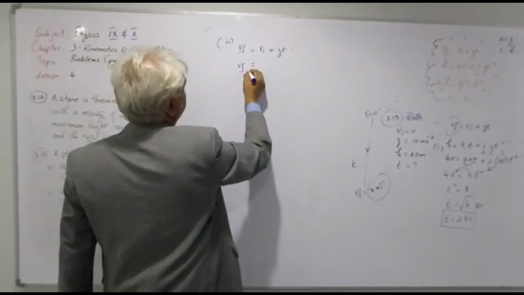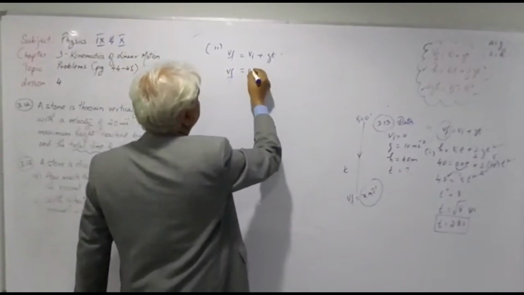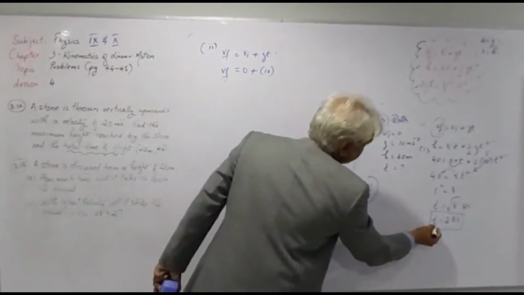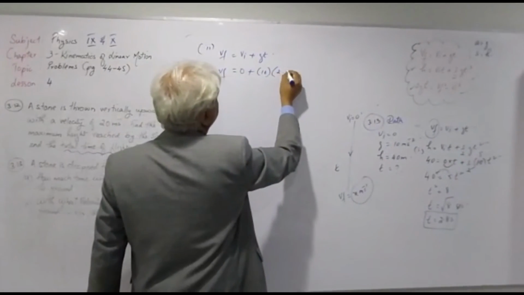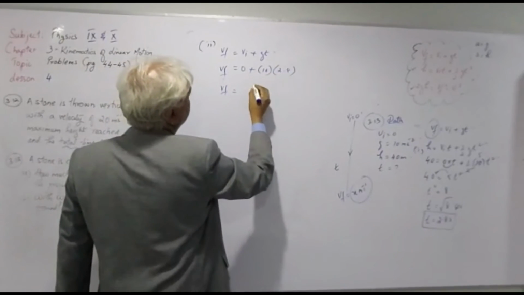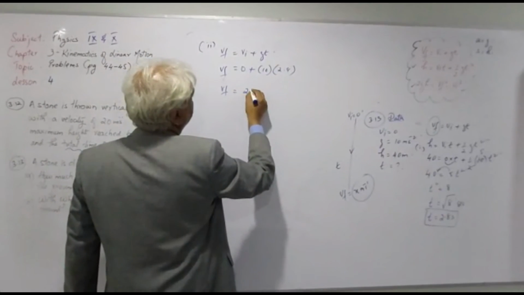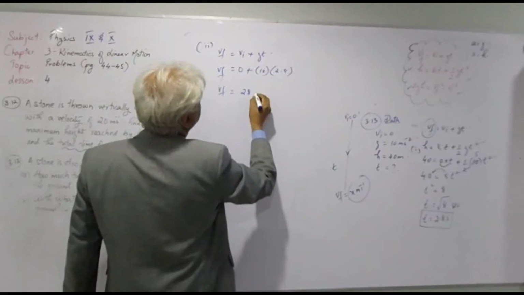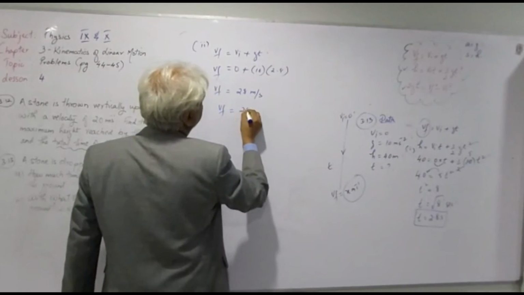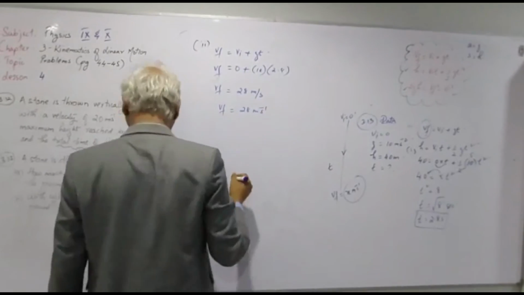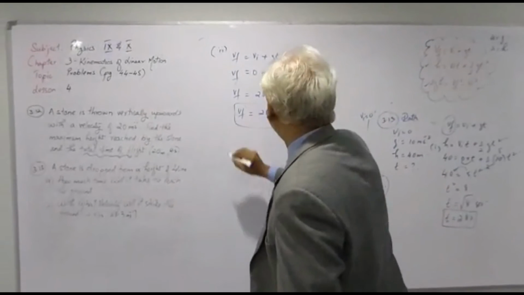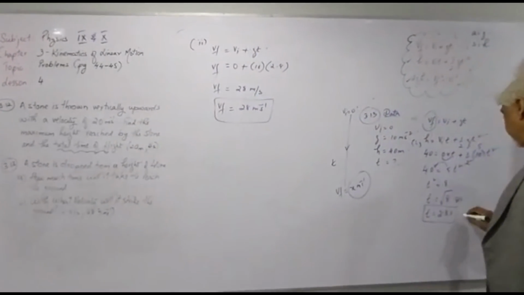Final velocity is what we need to know. Initial velocity is 0, with gravity, so we do 10. We now know the time. Time is 2.8 seconds. So Vf is equal to 10 times 2.8, which will give you 28 meter per second, or we can write meter per second as 28 meter second inverse, same thing. Okay, so this is our answer, final velocity, and we already know the time.